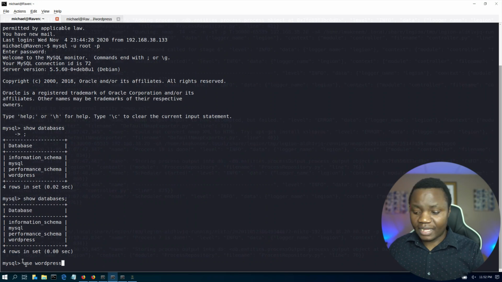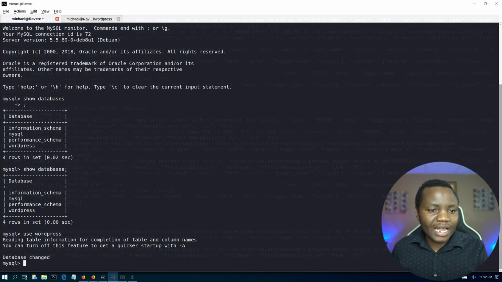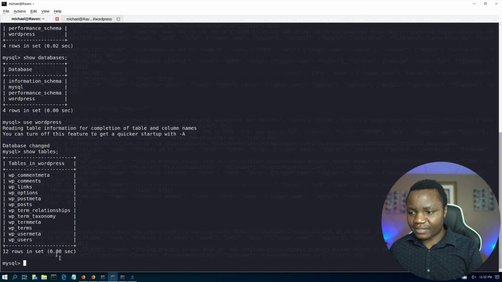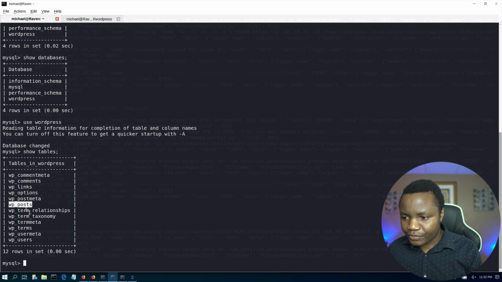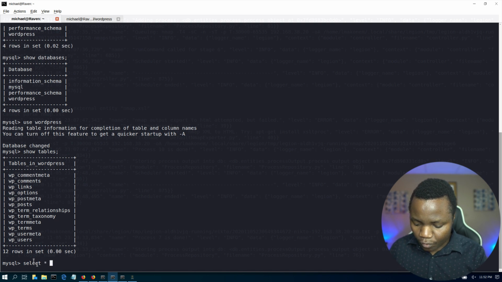So you're learning something about databases right now, right? So now we changed our database. Now we're using WordPress as our database. So now we can say show tables. What tables do I have for these databases? We know the normal sequence is WP users. Oh, isn't that interesting? We also have other things like posts. So let's go to where we think things are interesting, right? Let's go to users. And here's a quick, simple one. Select all from users